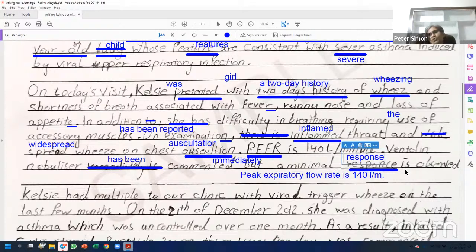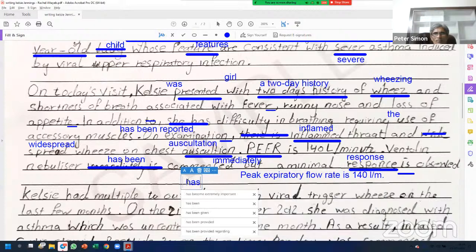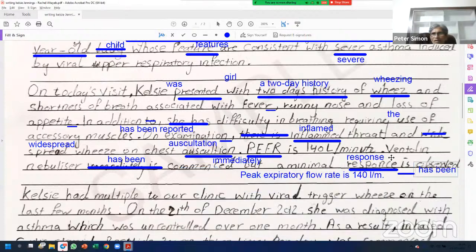That is the meaning. So you can say "has been observed" is better. A minimal response has been observed, not "is observed." Instead of "is observed," you can say "has been observed." Present perfect tense is better. Has been observed. Finished that one. Has been finished. What was happening is simple present. So this is finished, so "has been observed."